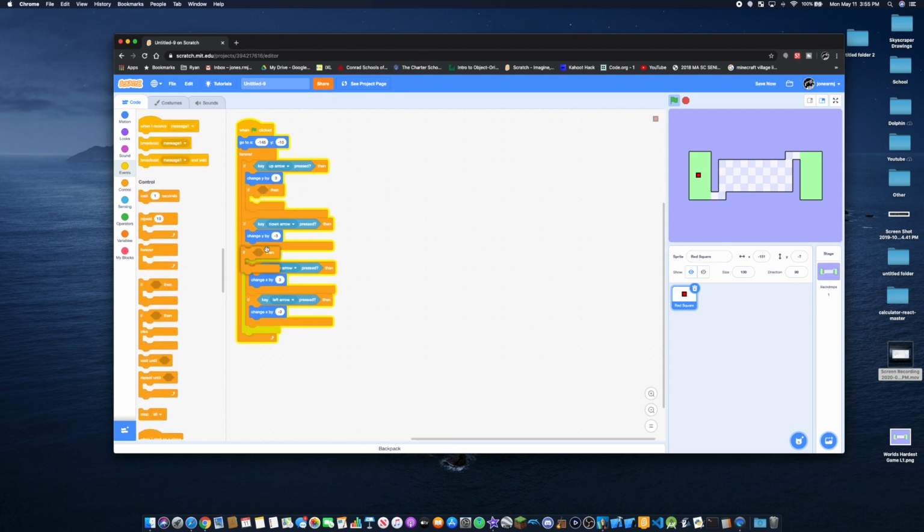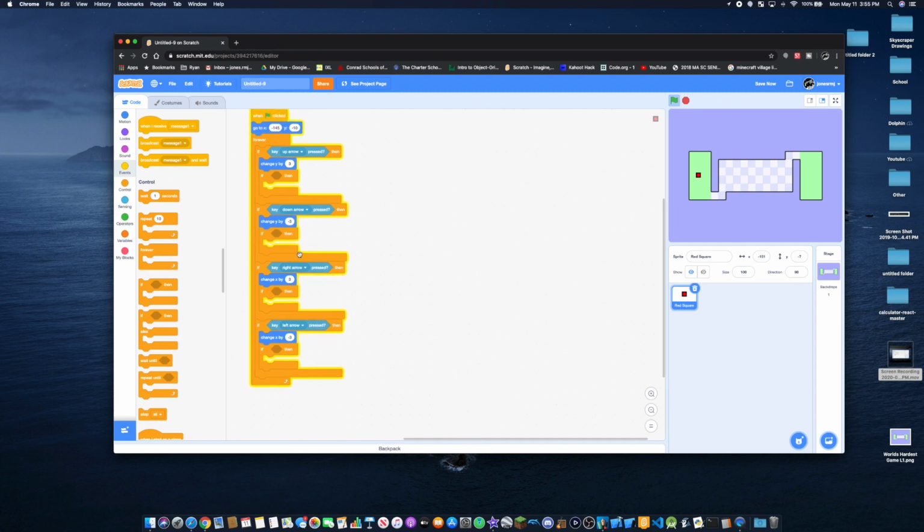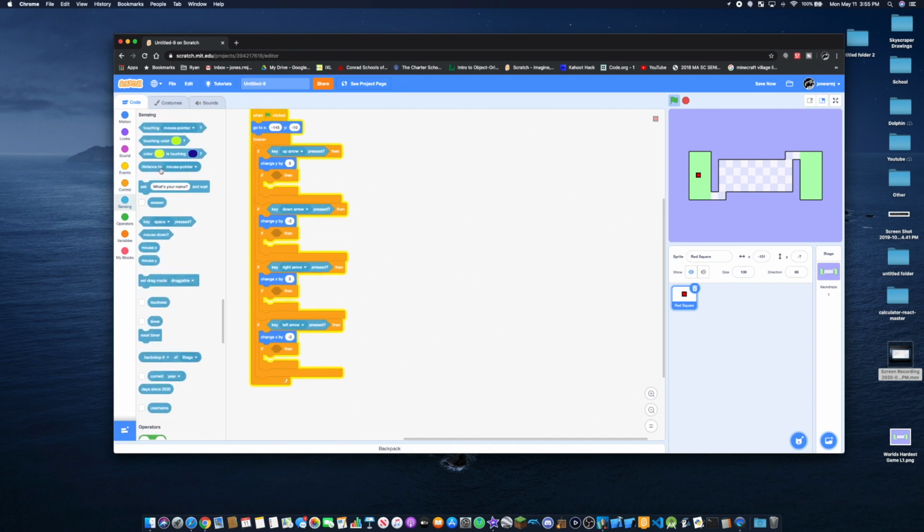So how do we fix that? Well, first we need to determine when our square is touching one of the borders, and to do that there's a simple little trick that I use in my real game that I'm going to go ahead and show you right now. So first we need to go grab another set of if statements for each of our arrow keys,